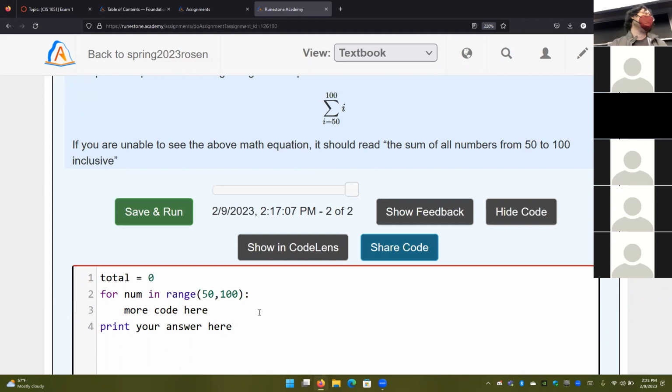Now, if you make this mistake on an exam where you're supposed to go inclusive and you do exclusive instead, how do you think I'm going to treat that? I'm going to mark a point off or something like that and just move on because it's not a big deal. I figure you're moving faster in an exam and that's a very easy thing to check if you actually are running your code.